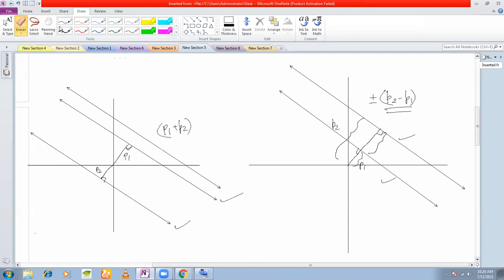This is because I don't know whether the sense of the straight line, whether they are in the same direction or the opposite direction of the origin. That is why I insert a plus or minus sign here. And whatever the distance that we take, P2 minus P1, whatever difference that we take, the sign is chosen according to make this quantity positive.